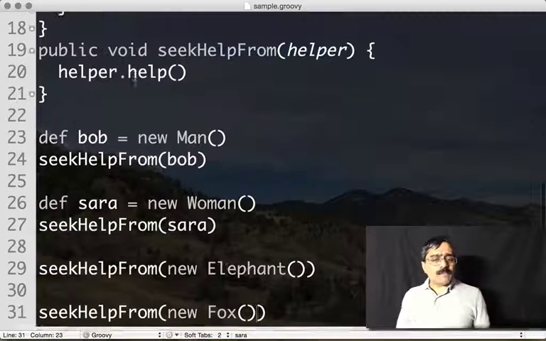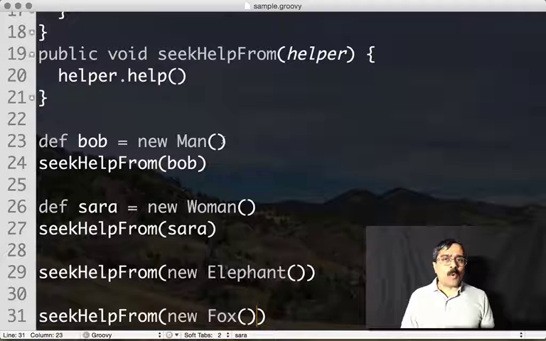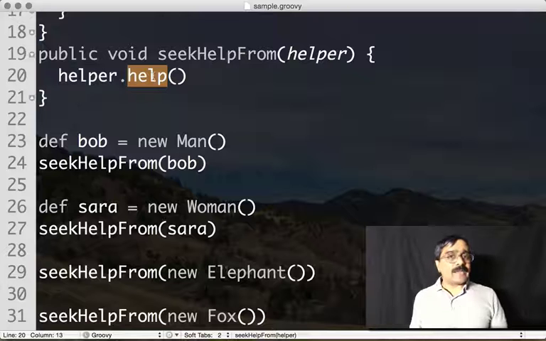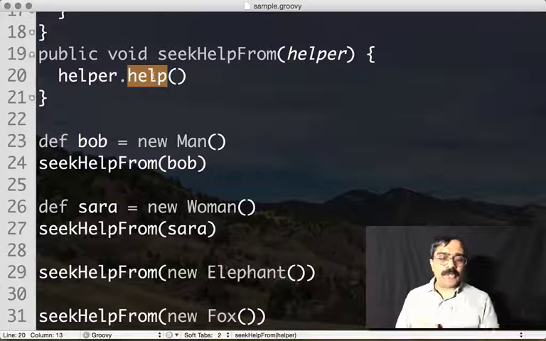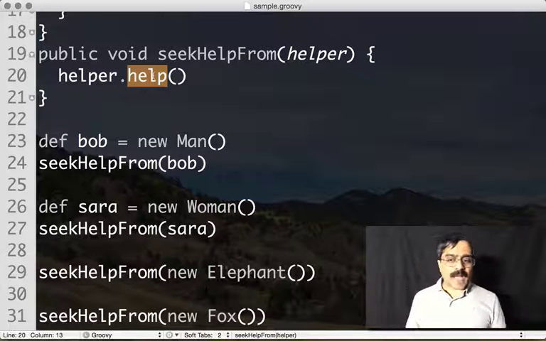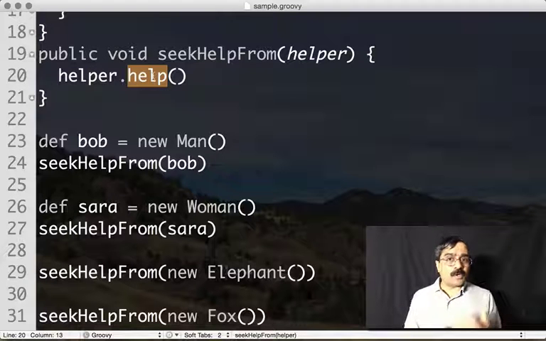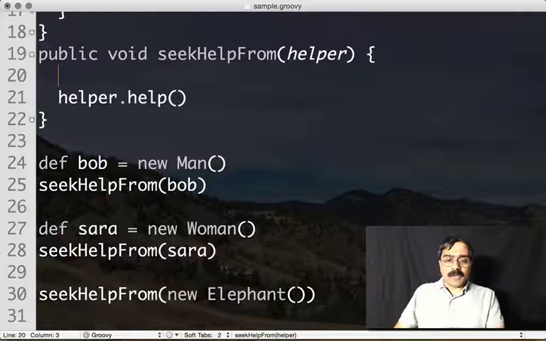Now, in most dynamically typed languages, there is a way to query and find out if a particular object does have the method you are expecting. So technically, you could say respond_to and query if there's a help method on the helper. And then if it does have the method, you could perform certain operations. For example, you could say